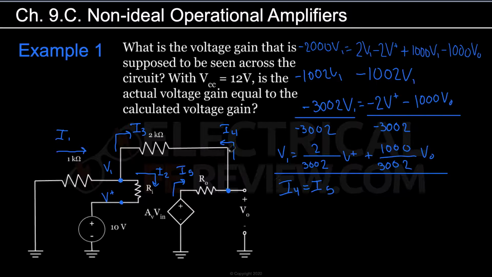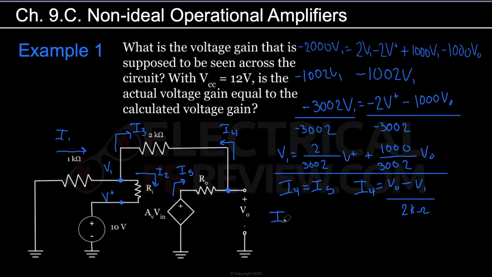Now looking at this, we can see that I4 is the voltage across the 2 kilo ohm resistor divided by that 2 kilo ohm. So the voltage across the 2 kilo ohm resistor is going to be V out minus V1, divided by 2 kilo ohms,